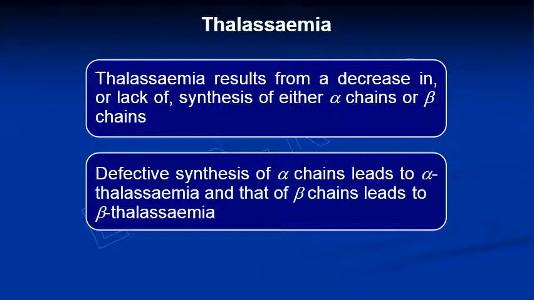Third and the last one is thalassemia. Now, thalassemia will result mainly due to decrease, lack of synthesis of either alpha or beta chain. It can also happen due to defective synthesis of alpha chain. If alpha chain is defective, we'll call it alpha thalassemia, and if beta chain is defective, we'll call it beta thalassemia. Now, if there is a lack of synthesis of one type of chain,